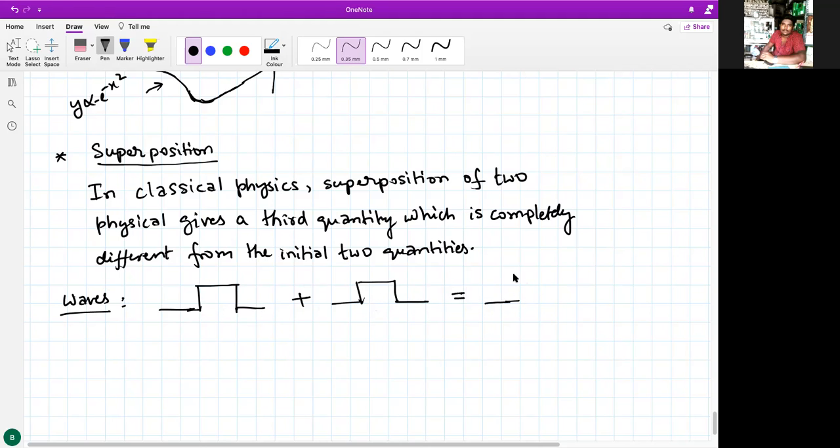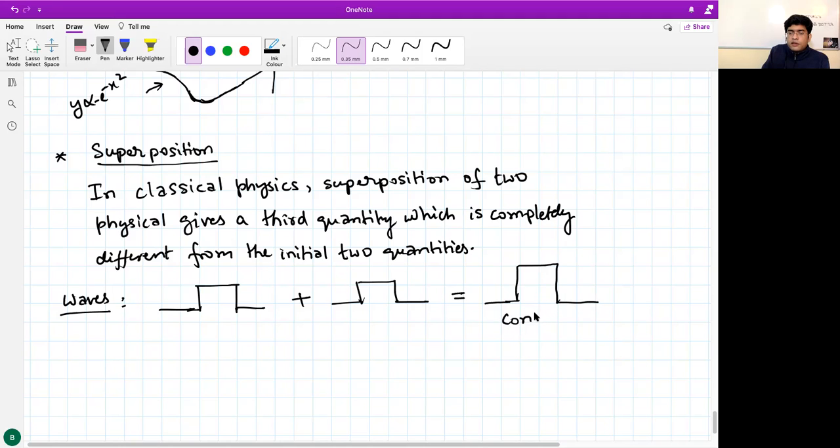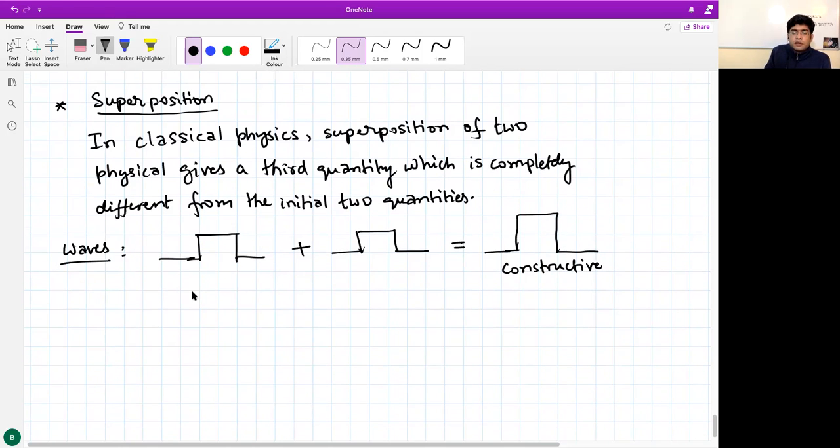Now both are superimposed. Amplitude increases. Amplitude will become double. It will be twice. Now this kind of interference is called constructive. So it's adding up. Now if we have a similar situation where this is the graph given to you, and we take this plus sign and then we have a negative pulse of the same amplitude,